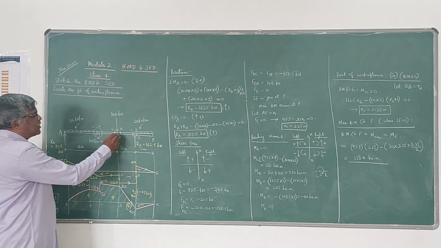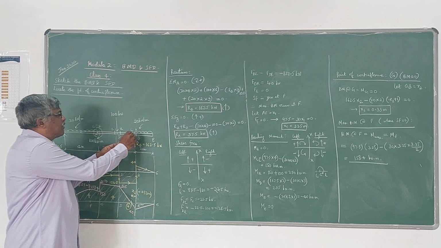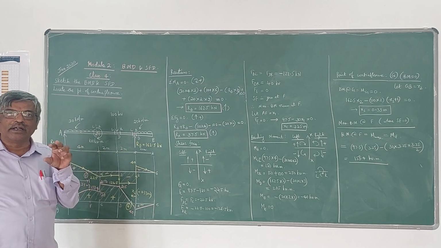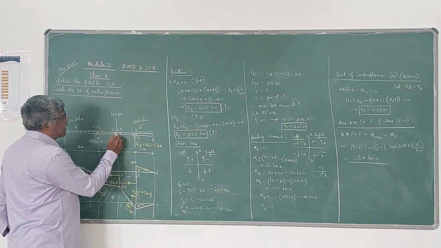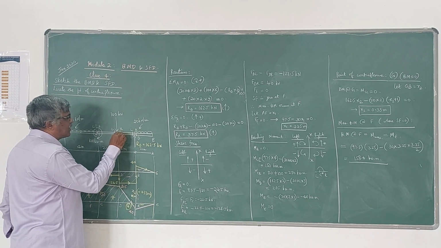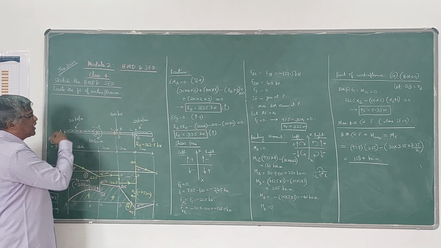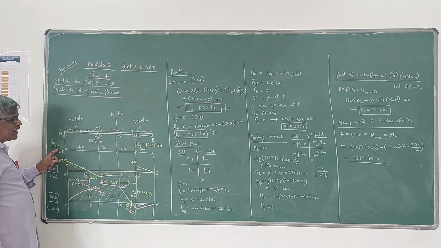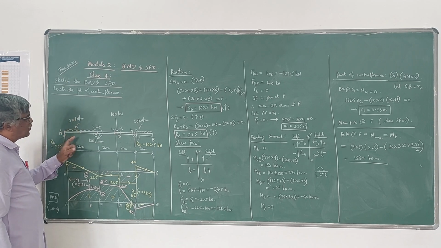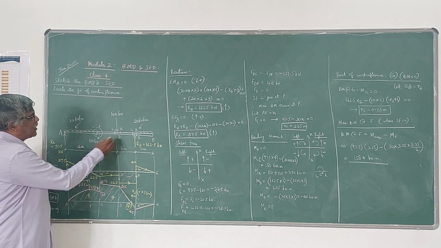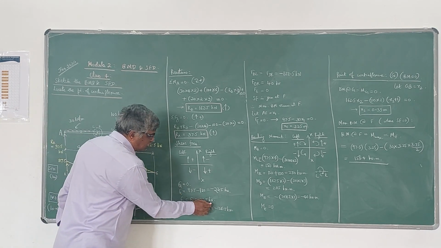Next, if you come to this D, I have told earlier that wherever a point load acts or a reaction develops, at that point you have two values of shear force. Here at D, I will take left of D and right of D. If I take left of D, see to the left side of that. On the left side, 97.5 is there, plus, minus 30 into 4. That's all there is. That means FDL is the same as FC, which is minus 22.5 kN.